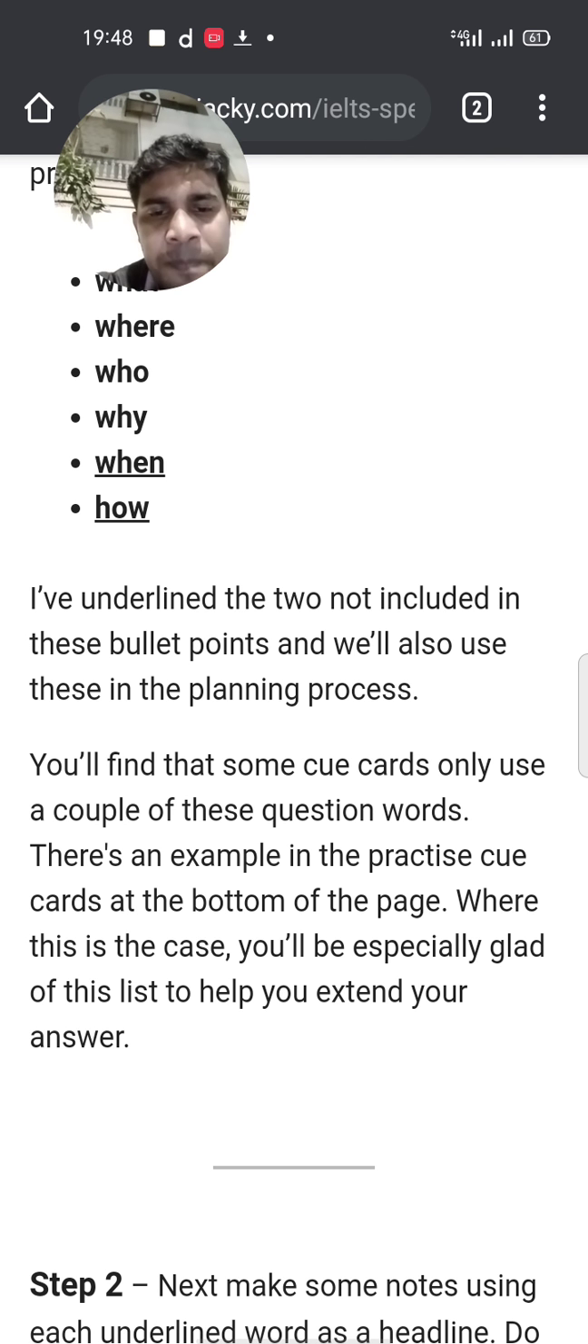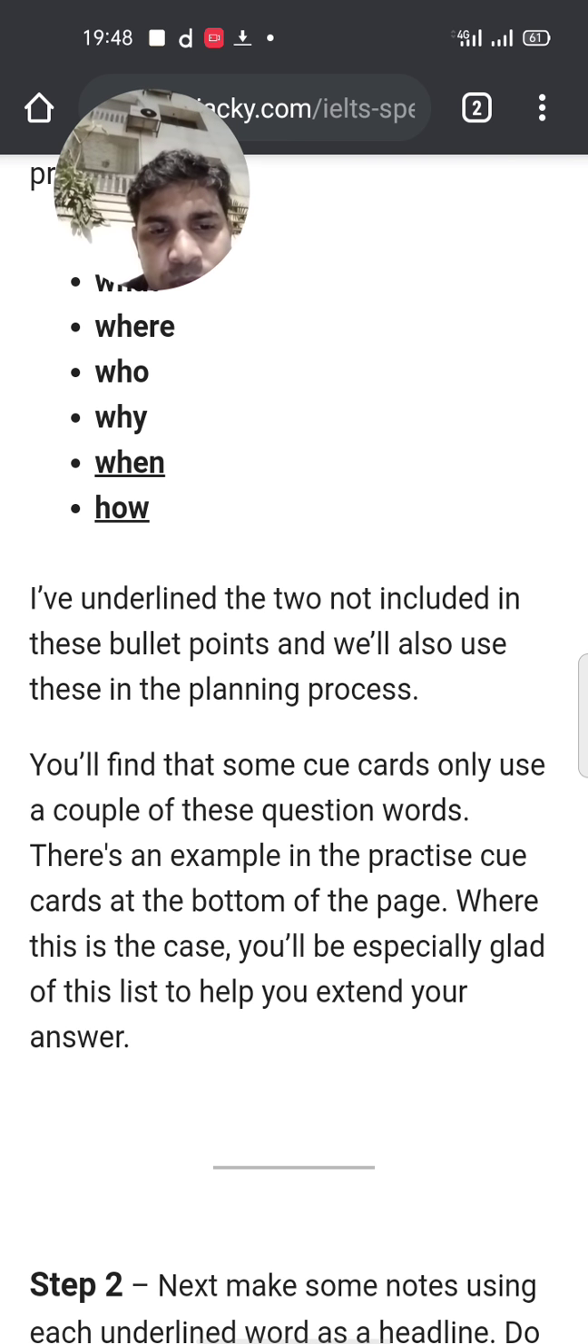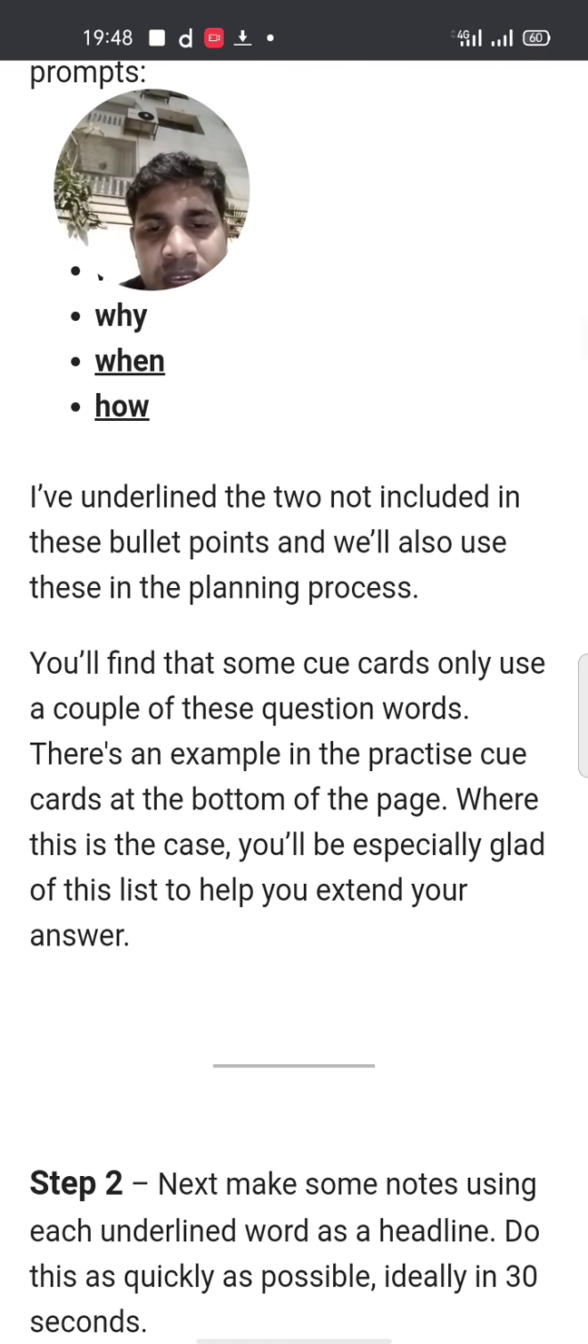We will also find that some cue cards only use a couple of the question words. There are examples in the practice cue card at the bottom of the page. Here is where this is the case, you will be especially glad of